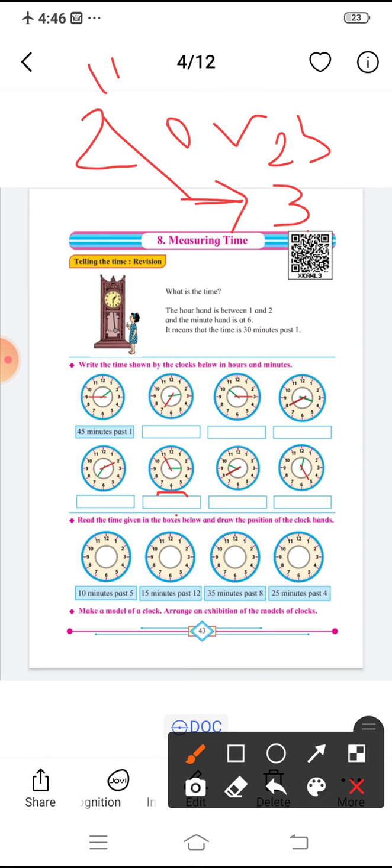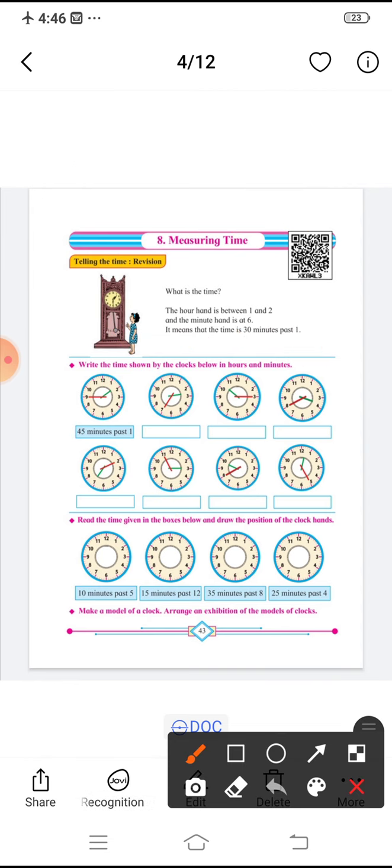You are supposed to write 2 only, because in 5 minutes it is going to become 3. But actually it is not 3 o'clock. Okay. So 55 minutes past 2. Okay. See the next one, the minutes hand. See where the minutes hand is, on 8. Correct? So 8 5s are 40. 40 minutes past 9. See the next one, the minutes hand is on 5. So 5 5s are 25. 25 minutes past 12. Okay.